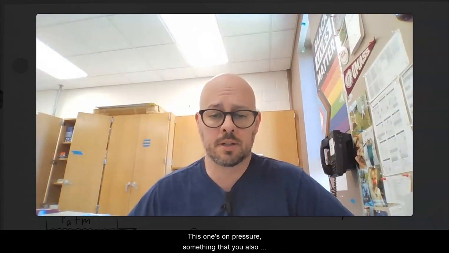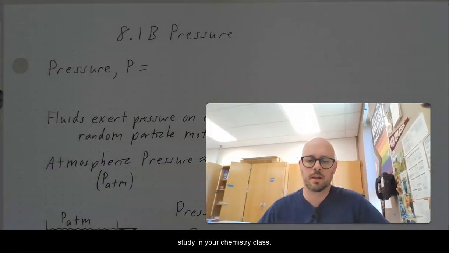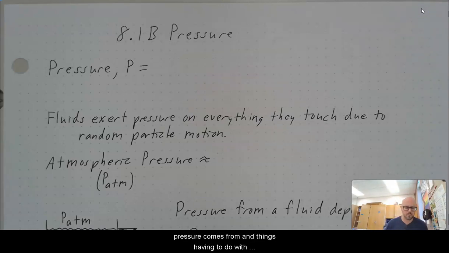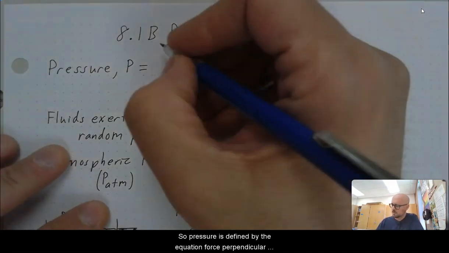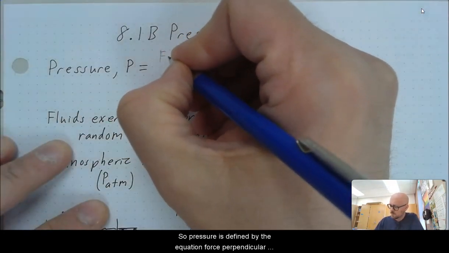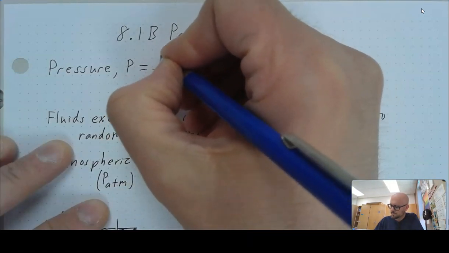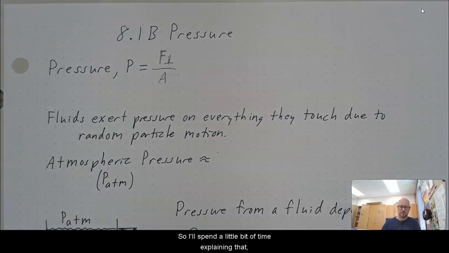This one's on pressure. This is something that you also study in your chemistry class. We're going to go into a little bit more detail about where pressure comes from and things having to do with depth of fluid and that sort of thing. So pressure is defined by the equation force perpendicular divided by the area. So I'll spend a little bit of time explaining that, but let me just fill out the rest of the